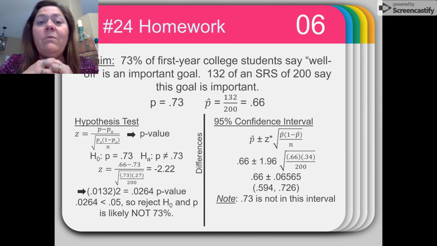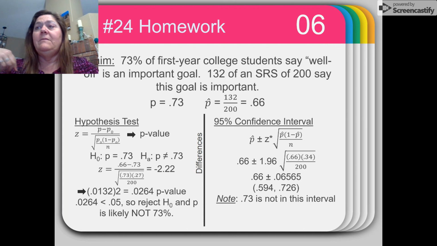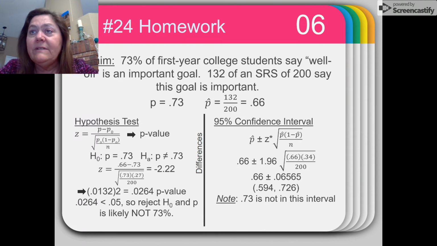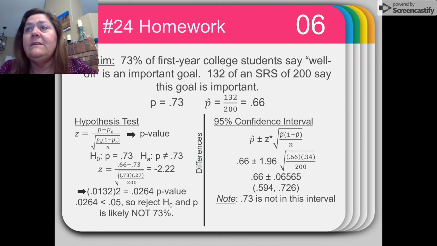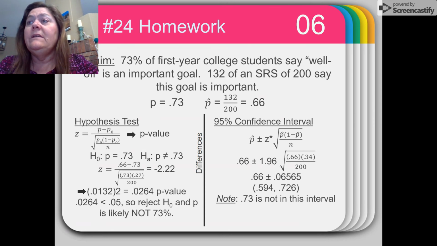This is a number one spot for confusion and errors. So please notice, I made this slide specifically so you could see the difference. Look at the formula for hypothesis testing versus confidence interval and be careful. Your confidence interval now uses p-hat at 0.66 over there. And the same thing happens though. You get